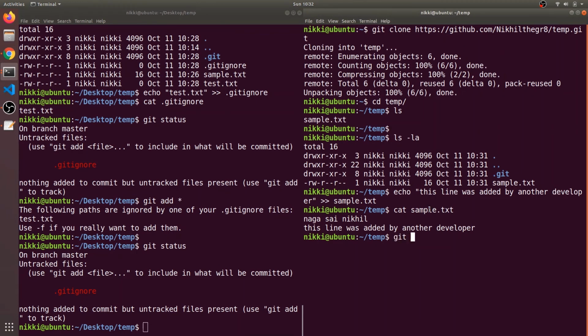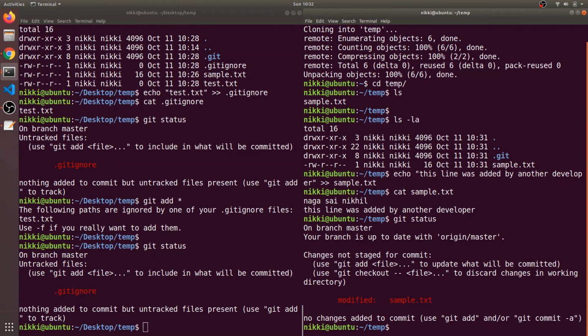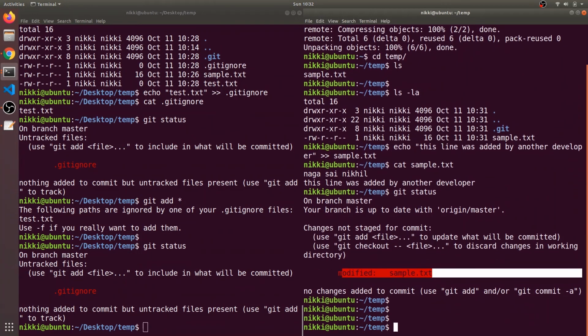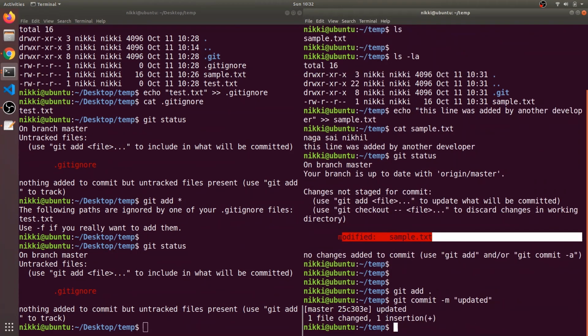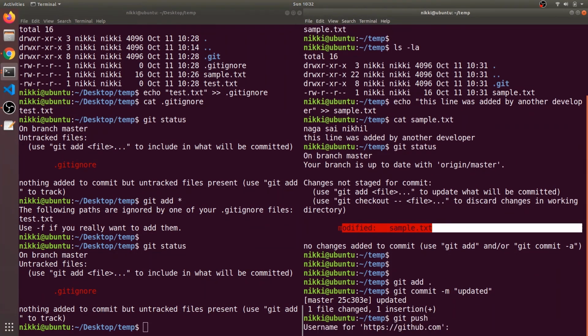If I say git status, it shows modified: sample.txt file. Okay, I want to add this into the working area and I want to say git commit. So now I am going to push that into the GitHub repository. So I want to enter the username.